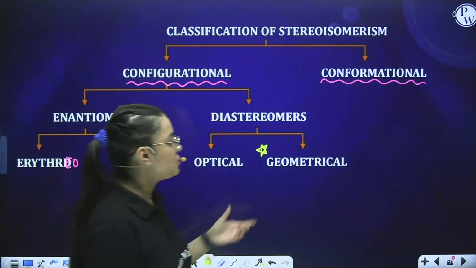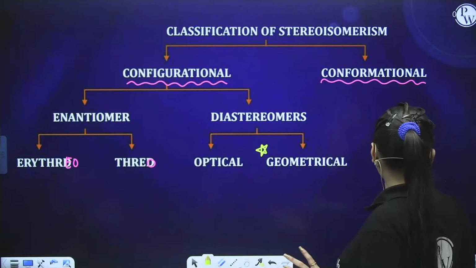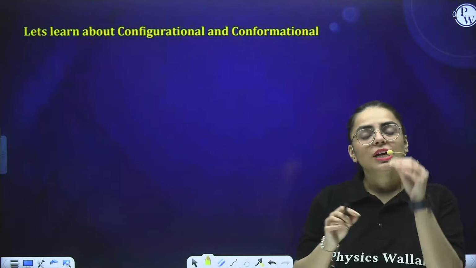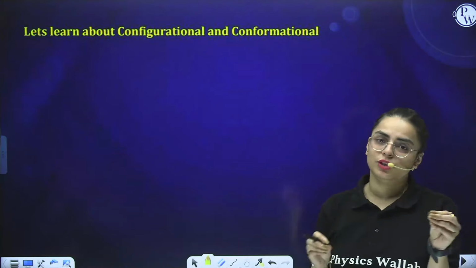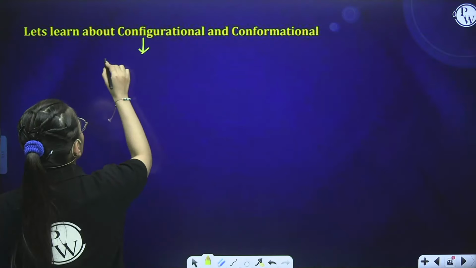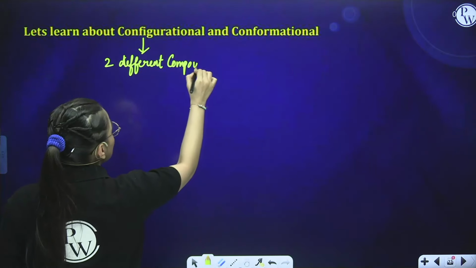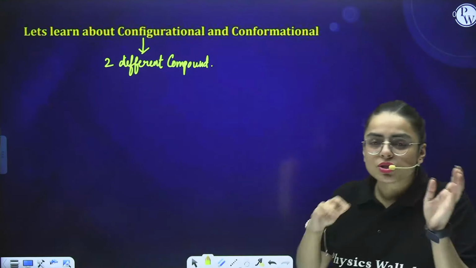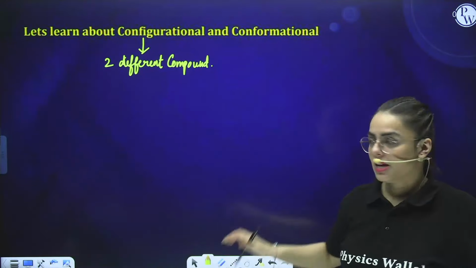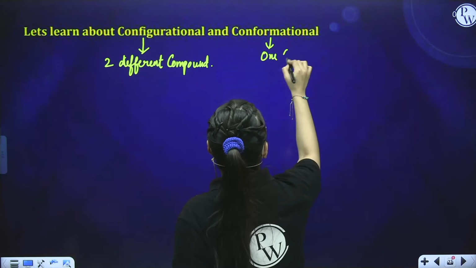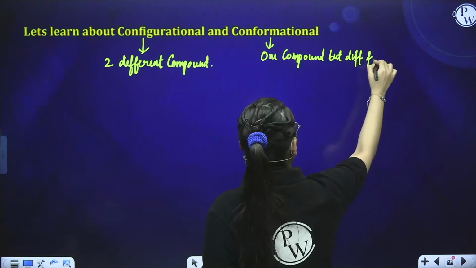So first of all, I am going to start with the geometrical, but before that, let me classify stereoisomerism into configurational and conformational with a very beautiful example. Let us learn about configurational and conformational. When I say, students, that basically two different compounds are seen, that is configurational. I am saying when two different compounds are seen, that is referred to as configurational. Don't get confused, this is just to separate both of these. If I talk about conformational, I would say one compound but different forms. How can I say that? For example,